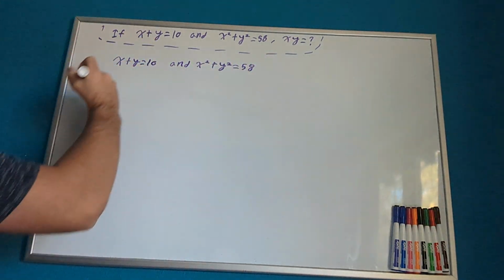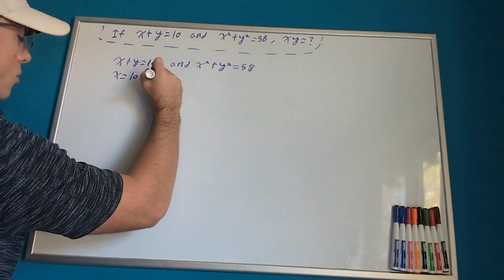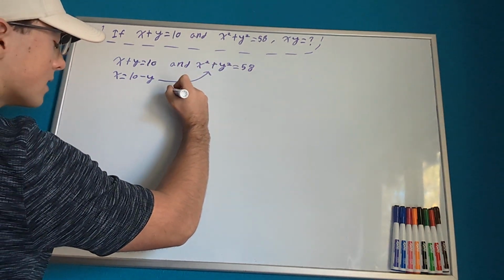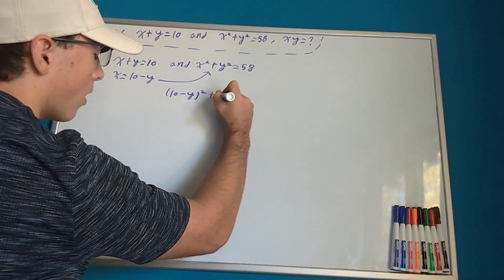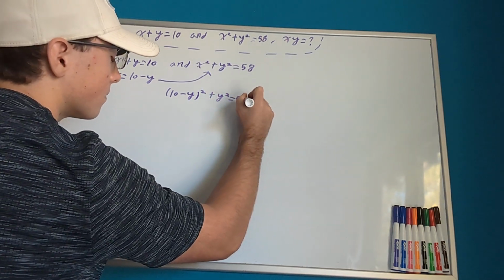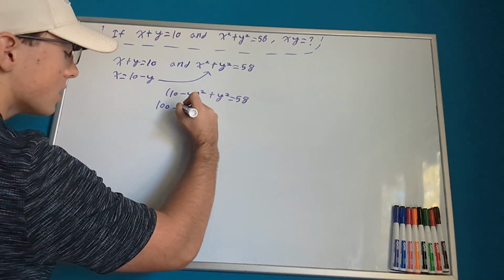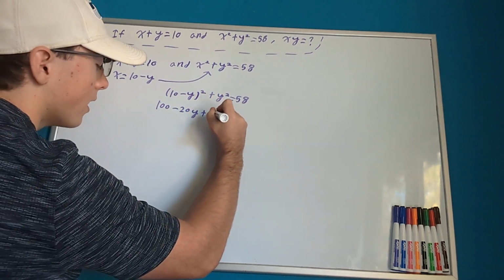From here, we can just start off by solving for x, and we can just say x equals 10 minus y. Right? Then we can take that and plug it into this, and we'll get (10 minus y) squared plus y squared equals 58. Then from here, we'll get 100 minus 20y plus y squared